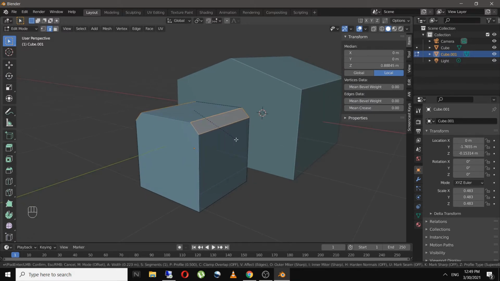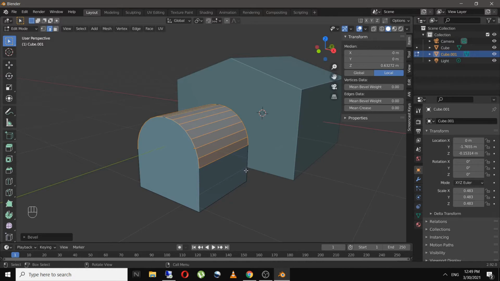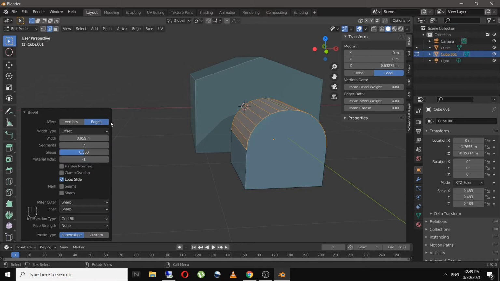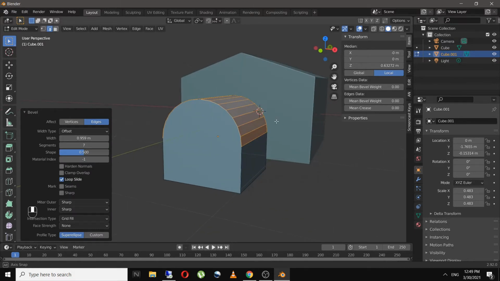If you press Ctrl B, as you can see I can bevel this, and if you scroll up your mouse you can increase and decrease the segments. So this looks good, and if you're not happy you can change the segments and the width here also. So 8 looks good.